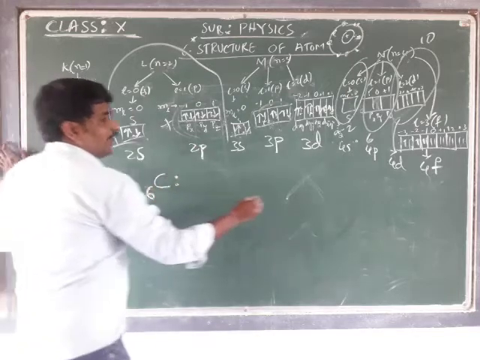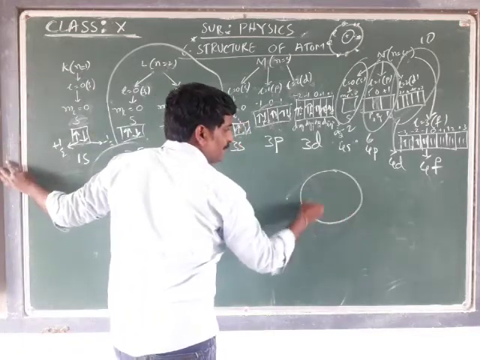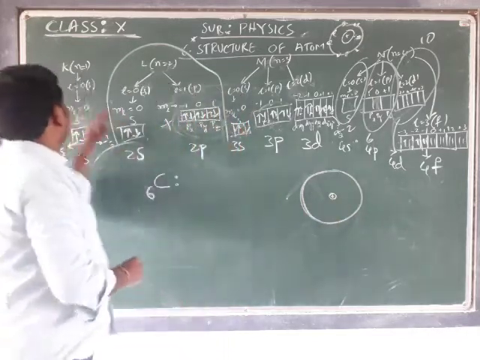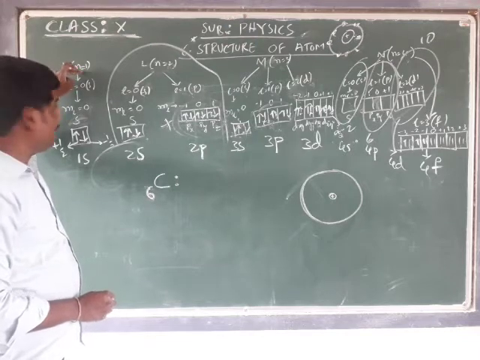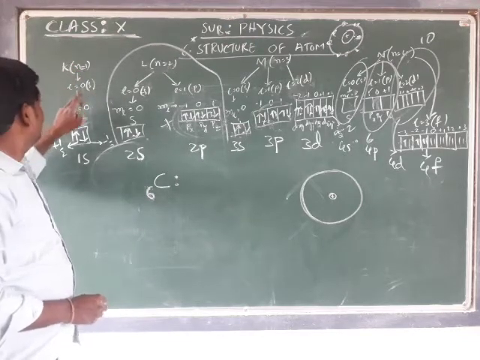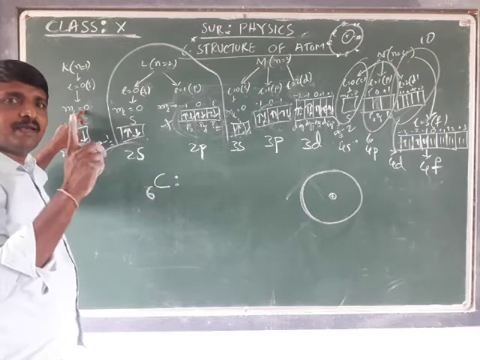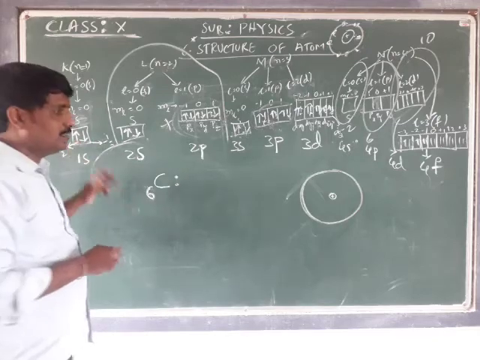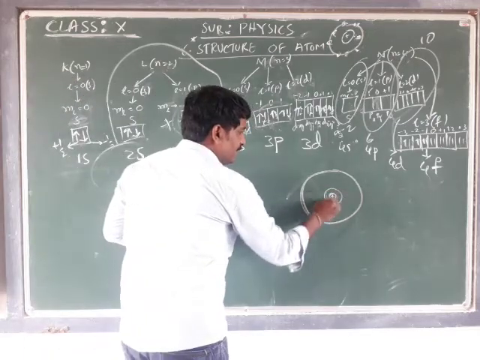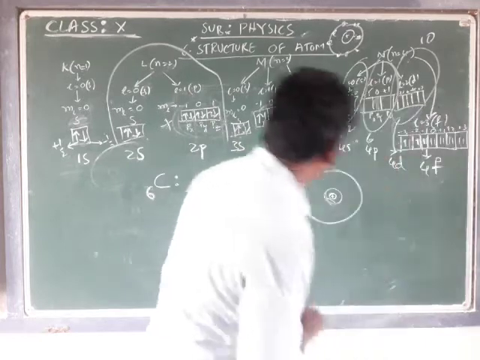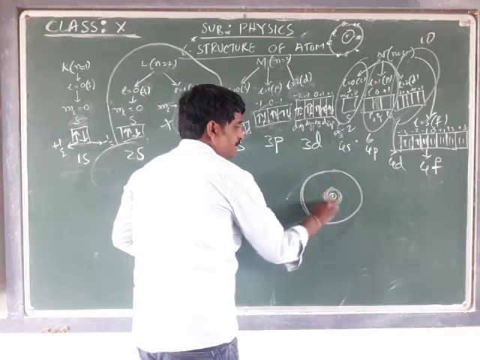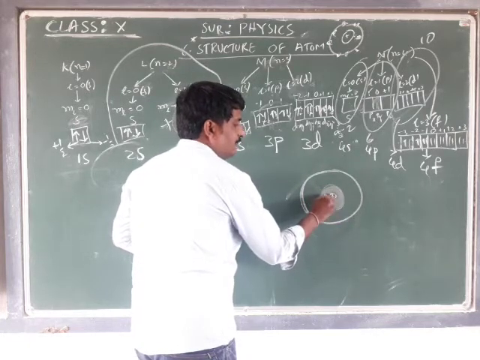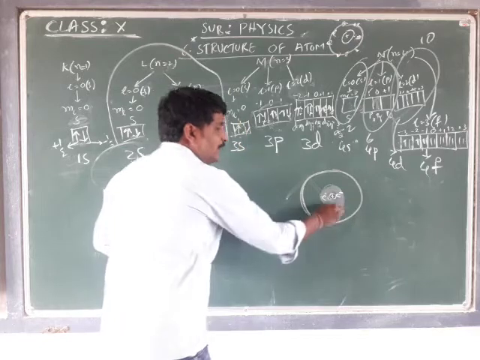So the carbon atom is in the shape of a sphere. Positive charge is located at the center. Now what do we have? The K shell. In the K shell we have one subshell, S. This subshell is oriented in one way, Ml is equal to 0, that is the spherical shape. It can accommodate two electrons. Assuming this is the K shell region, how many electrons do I have? 2 electrons.